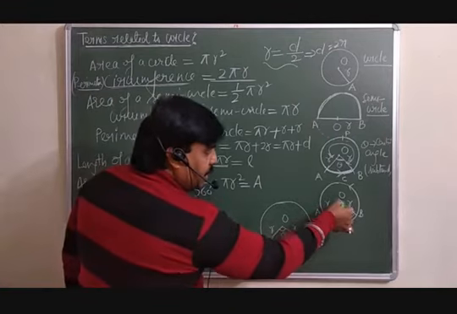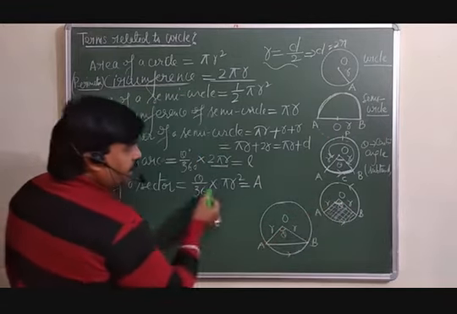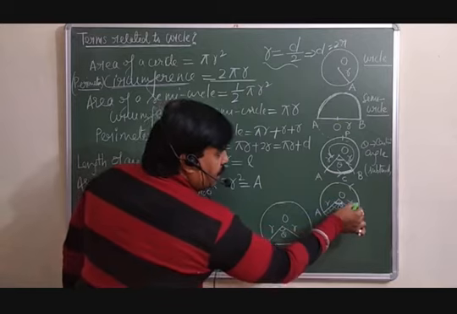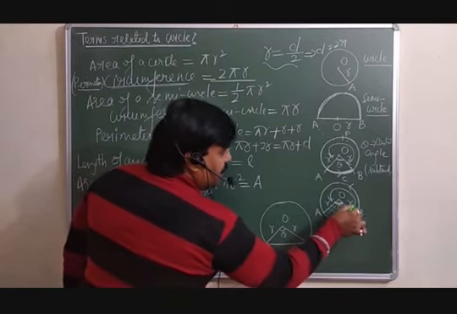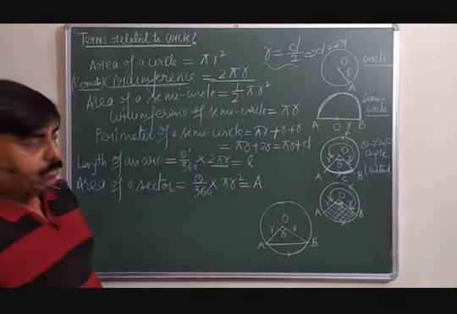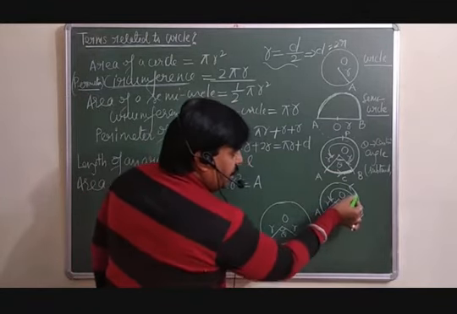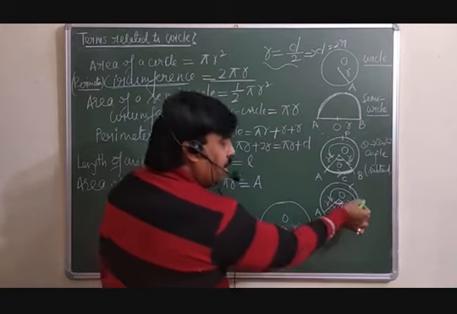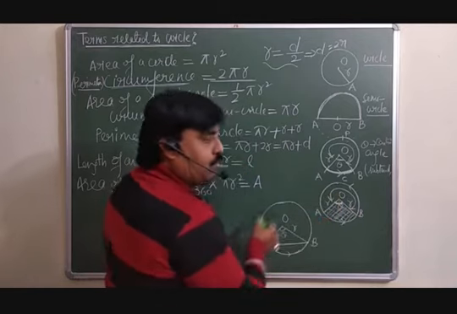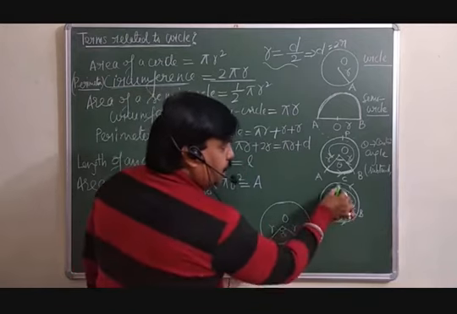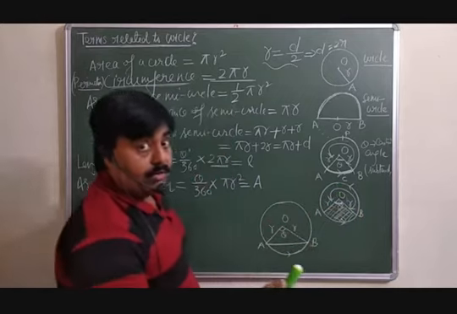Similarly here, if you take this angle, you get the area of this portion. If you are interested in the area of the major sector, what can you do in this case? One thing is to subtract the area of this sector from the area of the circle. You will get the area of the remaining portion.